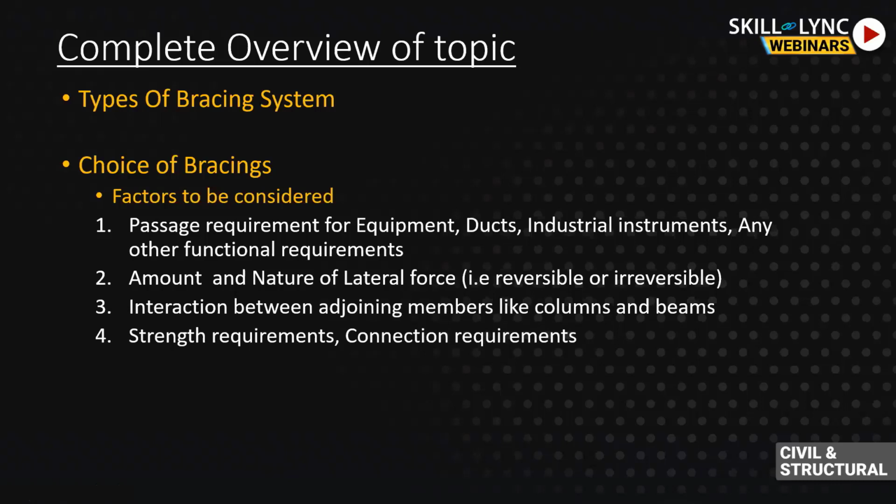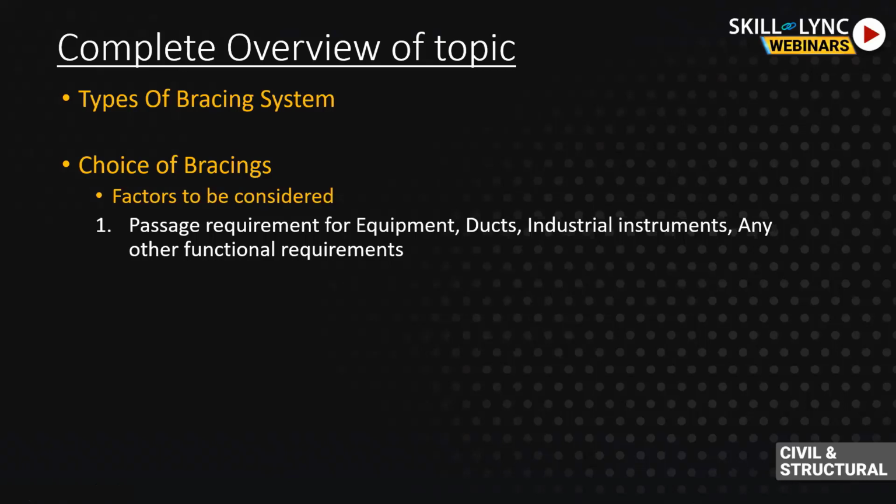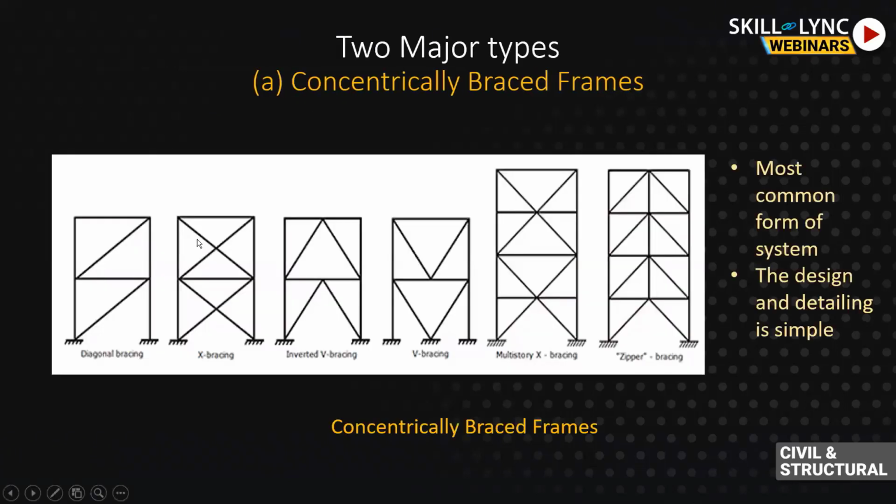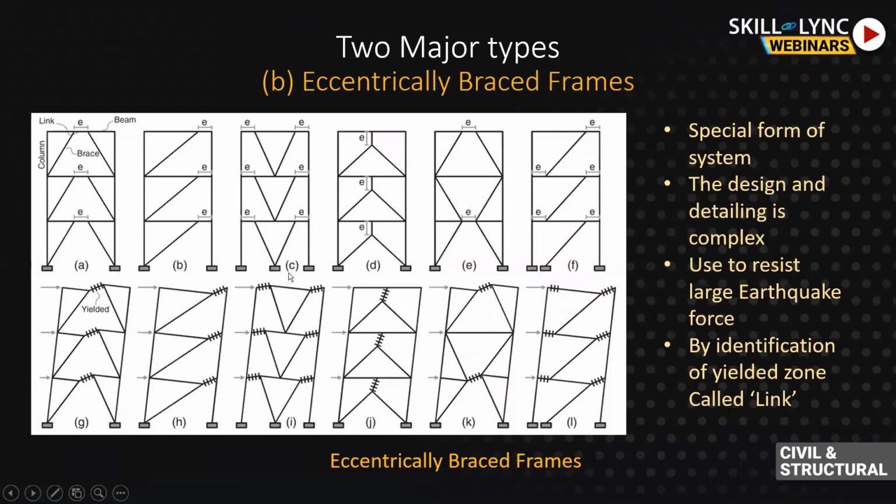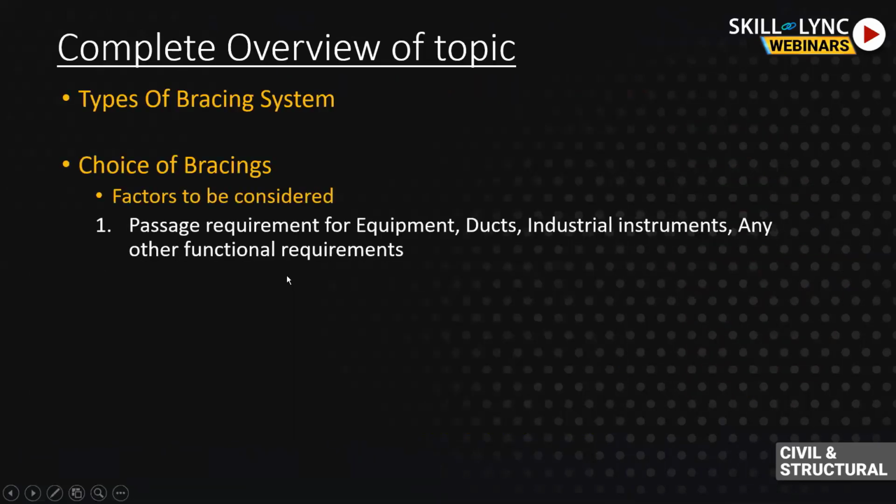Connection requirement is very important when you are choosing the bracing, because there is a junction. You can see here, whatever type you choose, there is a connection. There's a common connection here between beam, column, and the brace in an X type of brace. Wherever the type is different, the connection will be different. It will connect to the beam element only at the upper end, and at the lower end it could be a connection between both the beam and column. So that is also one factor which can be considered during the choice of bracing.